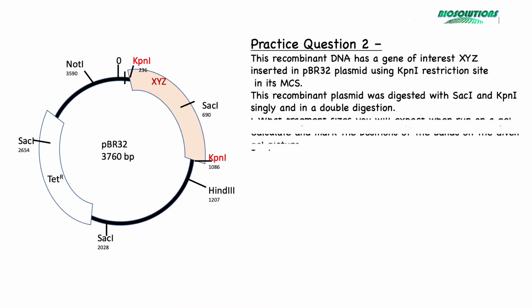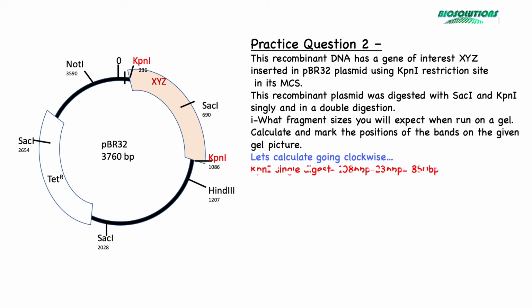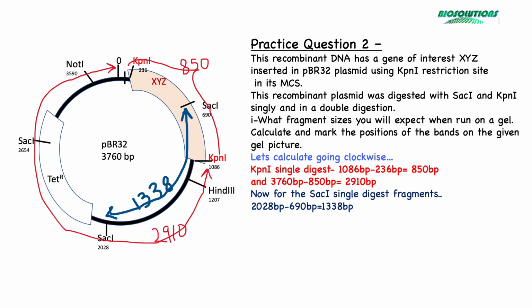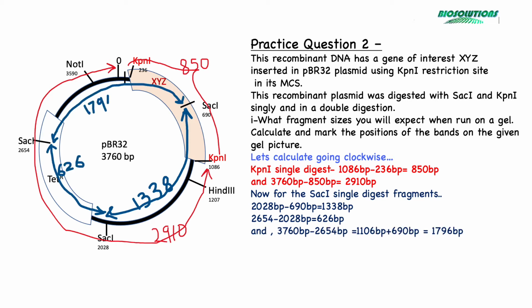For problem number 2, the fragment sizes for the single digestions were calculated first by subtracting KpnI to KpnI restriction site locations clockwise on the given gel picture. Hence, 1086 minus 236 base pair will be 850 base pair KpnI fragment, which is also the size of the XYZ gene. The other KpnI fragment size will be 2910 base pair. Similarly, for SacI going clockwise, the fragment sizes will be 1338 base pair and 626 base pair,